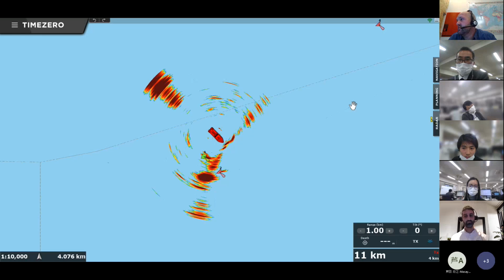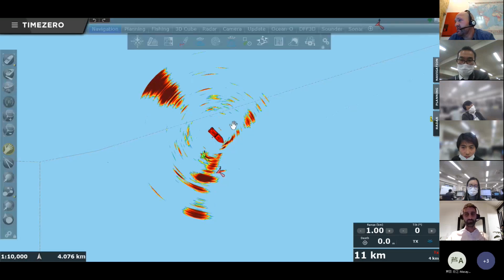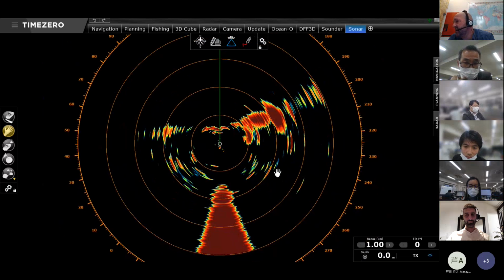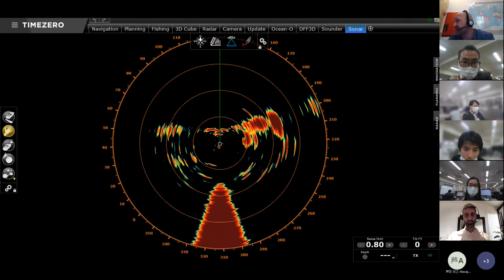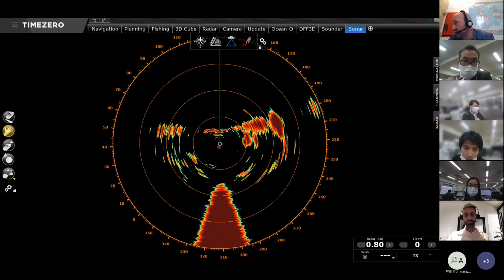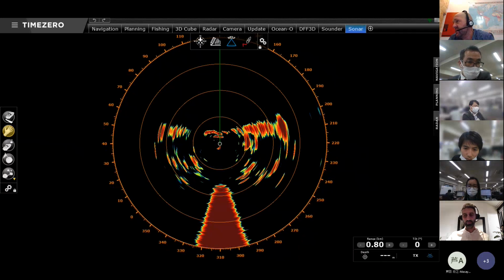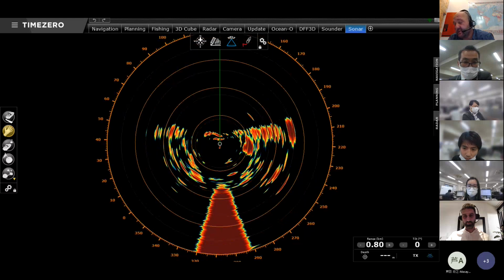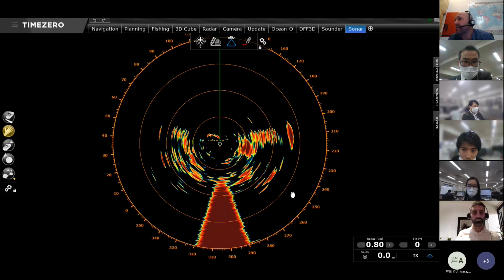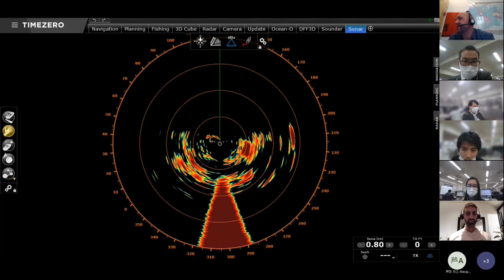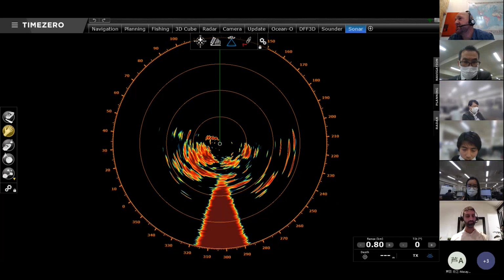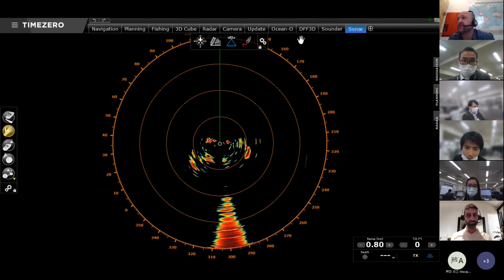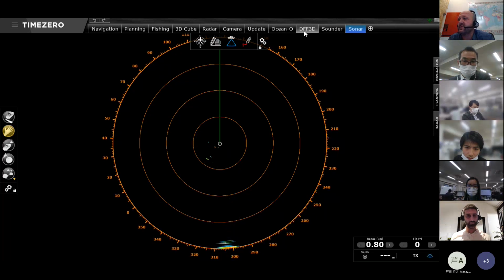A couple of things to mention. At the bottom right, you can play with the tilt and the range. You can transmit or stop transmission from the software. You can see the window on the bottom right in the Sonar workspace here. Something very nice as well is that you can duplicate the screen, with the chart on the left and the Sonar on the right. And the Sonar is also georeferenced. So if you mark something on the Sonar itself, it will mark on the charts, same as what we did with the sounder previously.